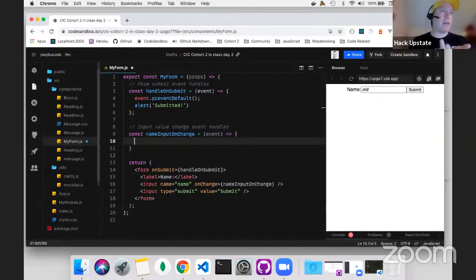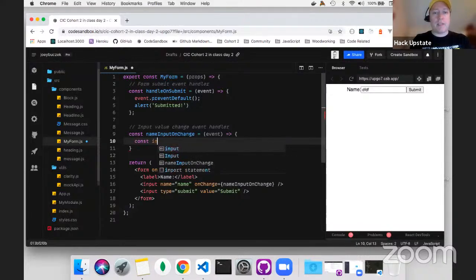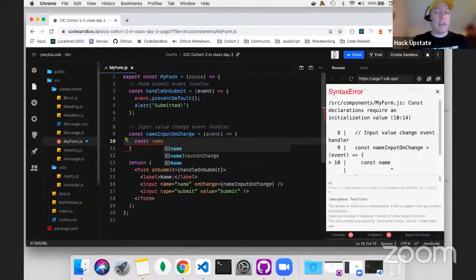So inputs have a value. On click? No, that's an event. Yeah, event.value, right? But in React, it's a little bit different because this is a synthetic event. And React gives us this object that represents a change event. So we need to tell it exactly where that value is. And let's do this. We'll say const name, because that's the value we're looking for, the value of this name, equals